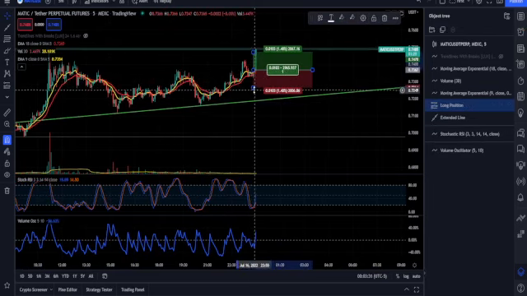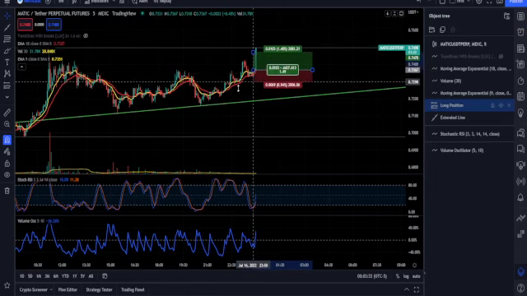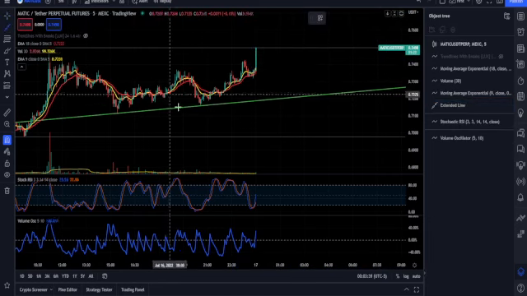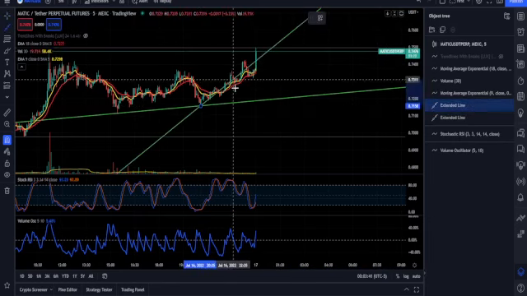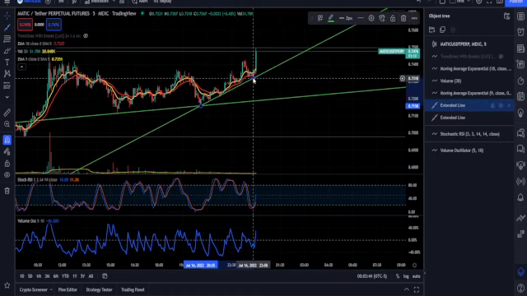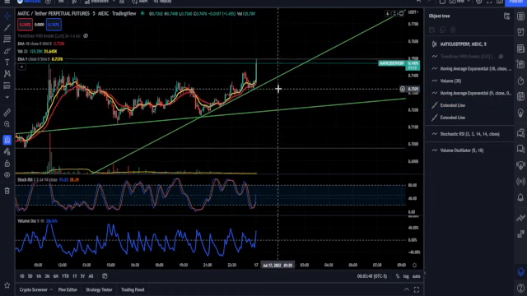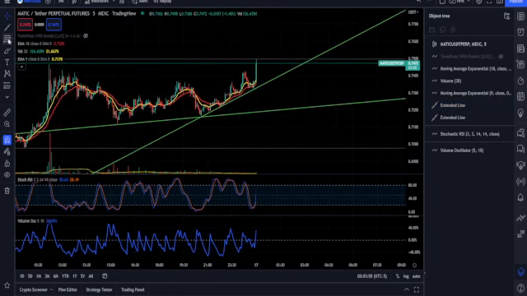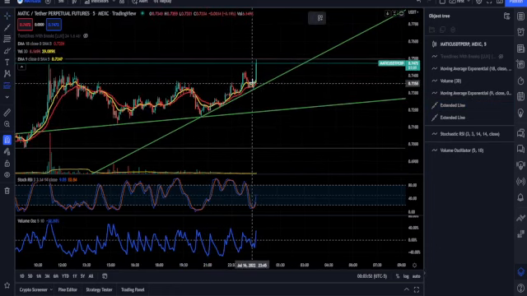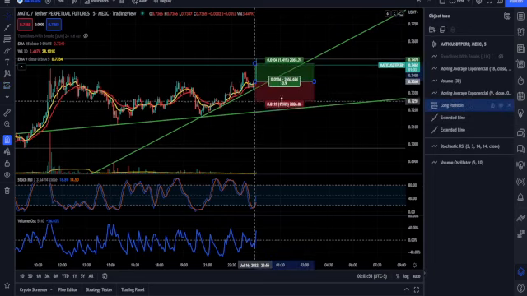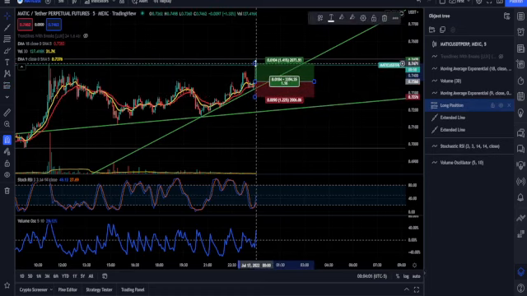If I was taking this trade, let me draw this out, because initially I would have that major trend line right there, and then I've got this trend line with 1, 2, 3 now touches, so I would feel comfortable taking a long right here, putting my stop loss down here below that,